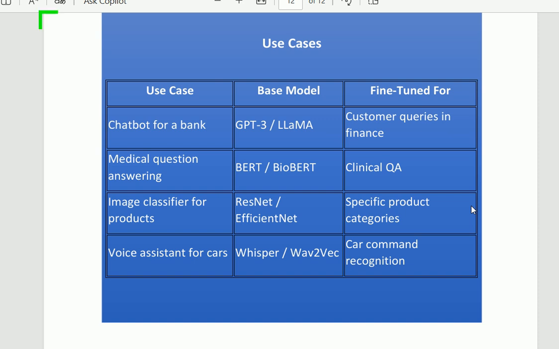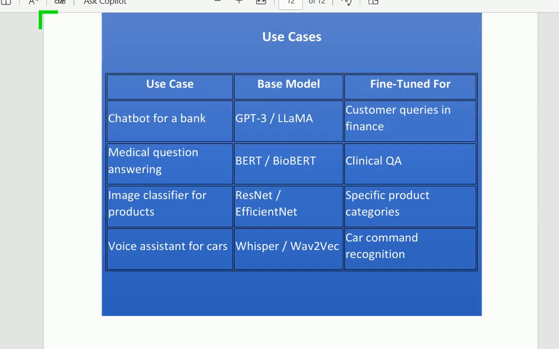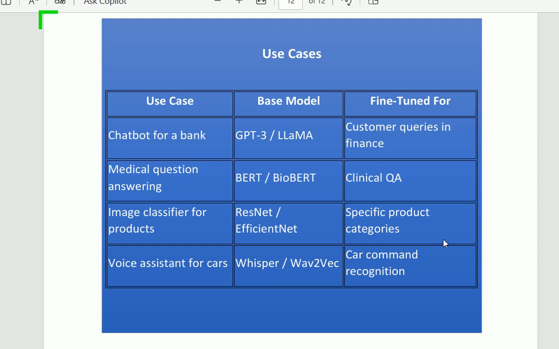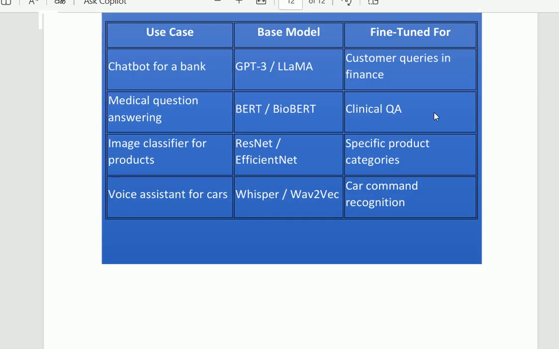The last one is the voice assistant for the car. Voice assistant for the car means a car without a driver, automatic driving without the driver. If you are going to develop an application that will be used in the car, in simple words a voice assistant for the car, then you have to select a base model like Whisper or Wav2Vec.